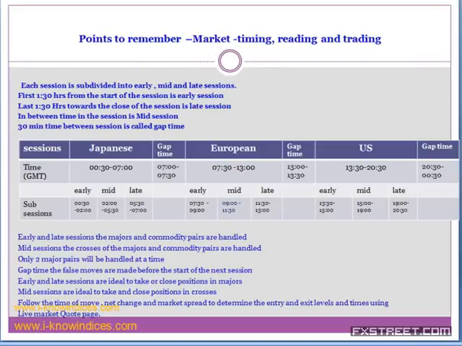And almost 90 to 95% such trades will make profit unless some unexpected moves happen. Still, we will use the hedging order to limit the risk. So early in the late sessions, they handle the majors, and in the mid sessions, they handle the crosses. The session timings are given here, and this is followed during the daylight saving system. By the end of the month and next month, the daylight saving system is switched off, and then the timings will shift slowly in the US and followed by that of Europe. And I will try to give those timings also.